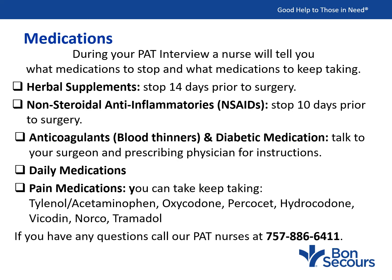Pain medications. You can keep taking the following pain medications as you wait for surgery: Tylenol, also known as acetaminophen, oxycodone, Percocet, hydrocodone, Vicodin, Norco, Tramadol. If you have any questions, please call our PAT nursing department at